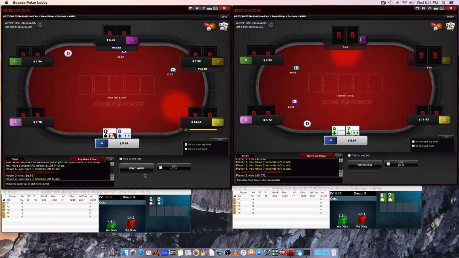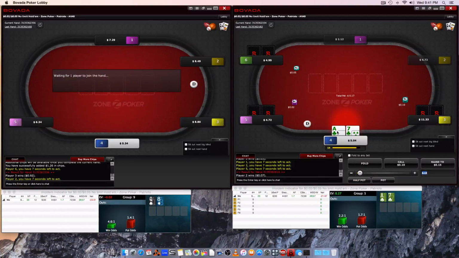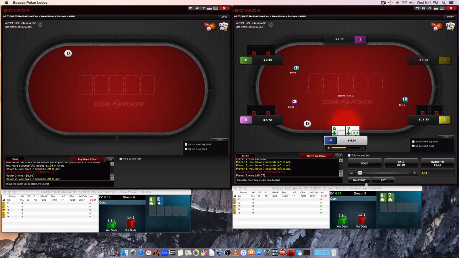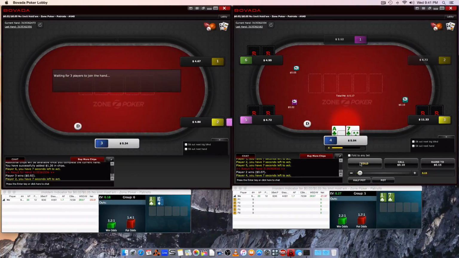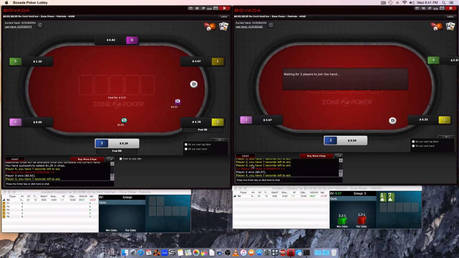It's a hand I would play in a tournament, and probably Ace-7. I either want to fold or 3-bet here, and I don't want to call. I don't want to 3-bet either, so I'm just going to fold. Might be silly. He had plenty of money to make it worth it, but